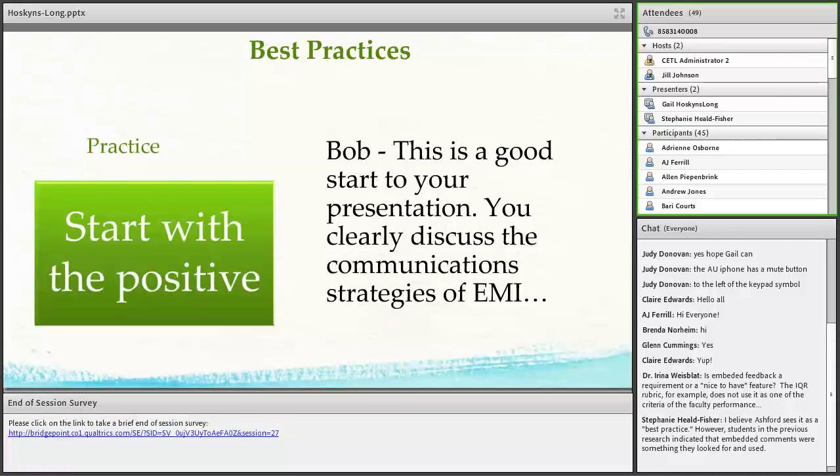In this case, you might want to start with the positive with something like nice format, and then add the correct spelling of my name is such and such. Or when you're writing the summary, you can start off with something like, good start, you had the right idea, and then say something specific and actionable as the improvement. And you can see from this example how these best practices all start working together.